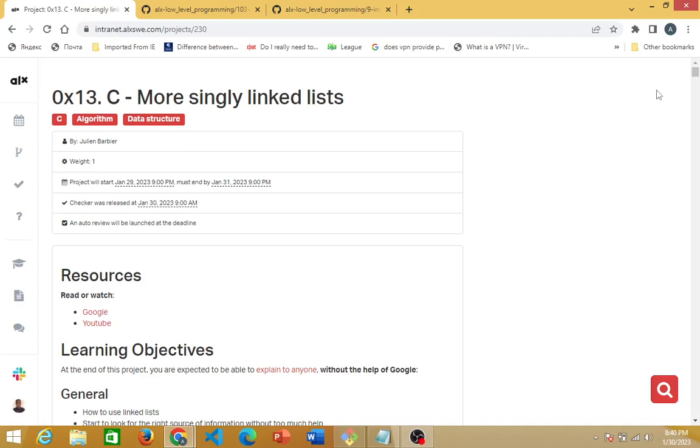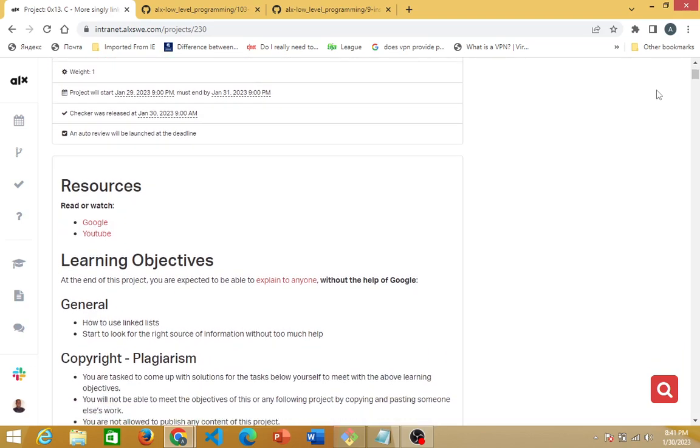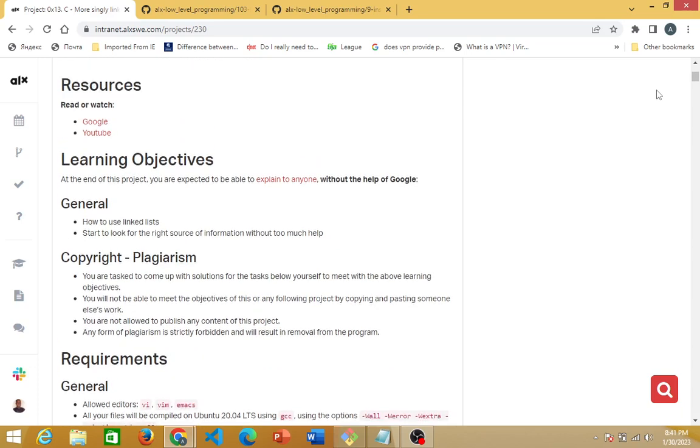Alright guys, it's an amazing moment to have you here once again to look through this project on 0x13 C - more singly linked lists. This is more like a continuation of the singly linked list project, 0x12, which we have looked at earlier. I defined some concepts about singly linked lists and gave a brief intro. I'll drop the link to that video in the description so that you can go through it as well. For this, we are going to once again guide you on how to go